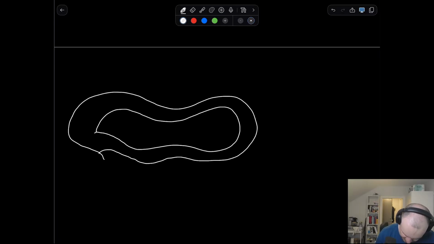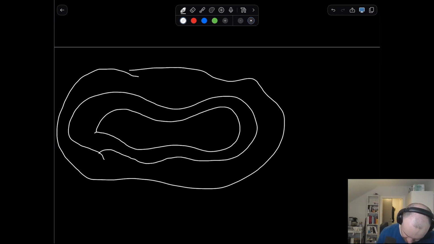So let's say I had some mountain, and I wish to know what is the height. Like this could be height curves, so this is a contour plot. Let's say this was 300 meters, 400 meters, 500 meters. So if I walked on one of these paths here, let's say I walked on one of these paths here,